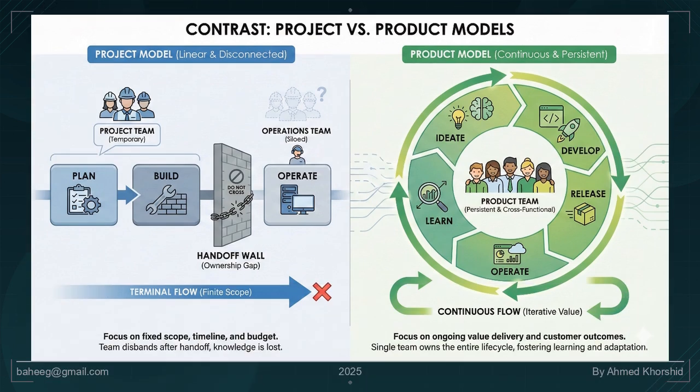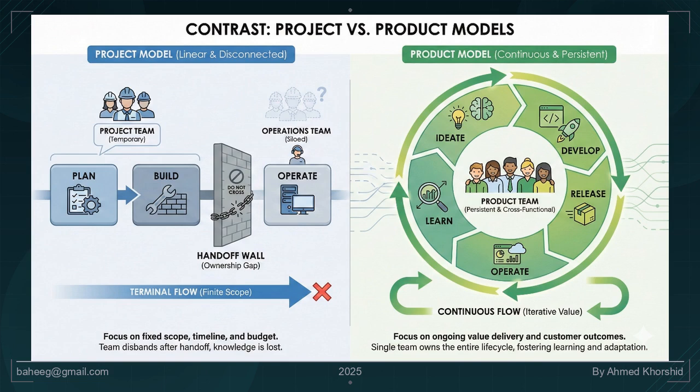Figure: extra detailed AI-ready prompt for an AI-generated diagram showing the contrast between project and product models. On the left, a linear, segmented pipeline labeled project model shows discrete phases: plan, build, handoff, operate, with a wall between build and operate. The team icons disappear after build. On the right, a continuous, looping circle labeled product model shows phases: ideate, develop, release, operate, learn, all contained within one circle managed by a single, persistent team. Use a clean, flat design with contrasting colors, cool blue for project, warm green for product, to emphasize the difference